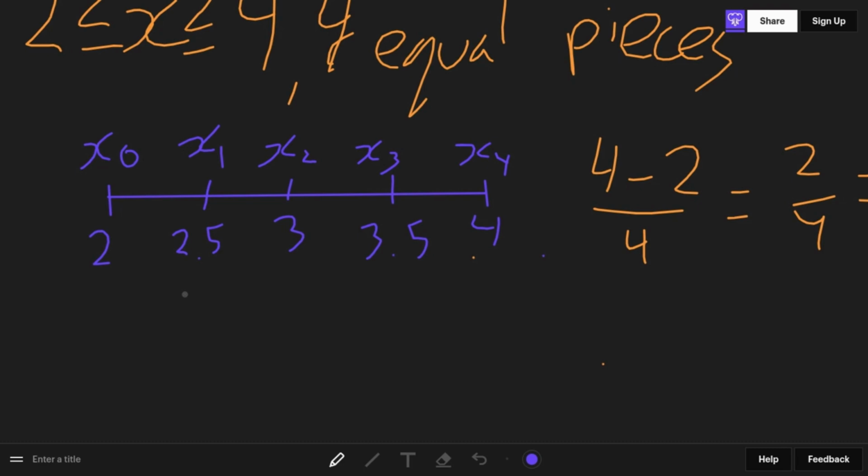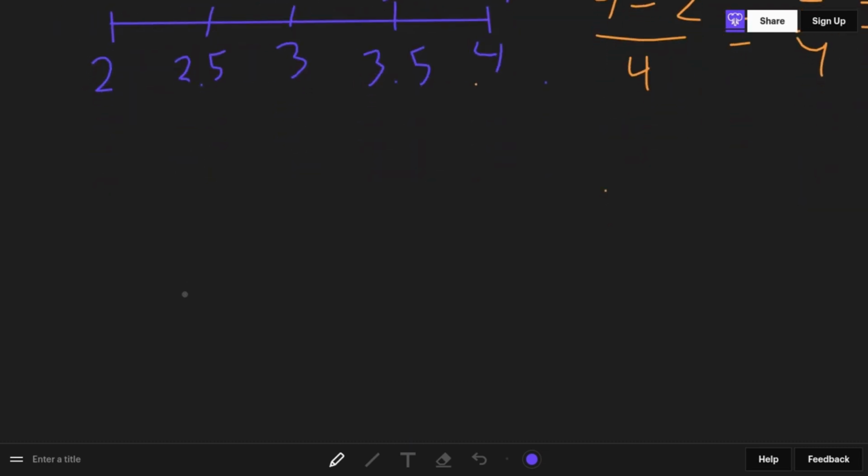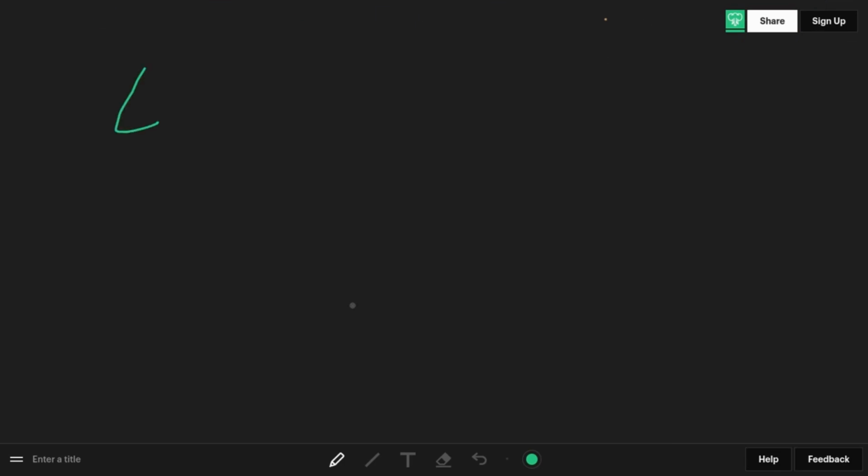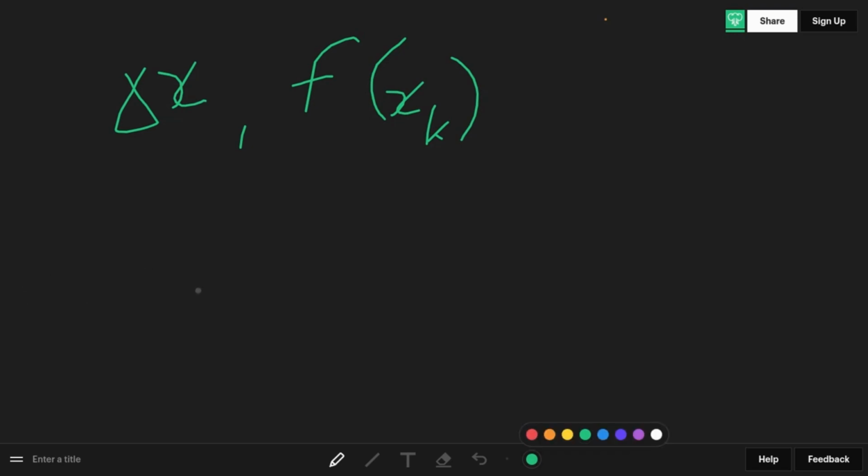So with that in mind, this is how we figure out the area under a curve using the left endpoint rectangle approximation method or the right endpoint approximation method. The two things we use are the change in x, which is the width of each rectangle, and f of x of k, which determines the height of a rectangle. So if I were to use the left endpoint approximation method, called LRAM,